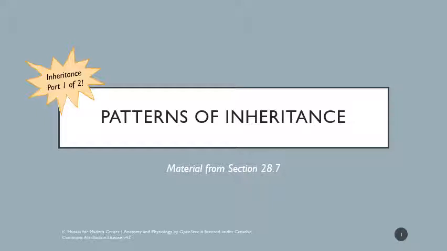So when we talk about patterns of inheritance, what we're talking about is that relationship between the DNA that is provided by the egg and by the sperm. So this is inherent to reproduction. And really, when we're thinking about genetics, what we're doing is predicting the possible outcomes of fertilization. So that's why it's so inherently linked to this reproductive unit. Again, I know I'm posting this a bit late, but it does line up a little bit better and more supportive of week 17 anyway, where you're going to get a lot of that practice in lab working through genetics